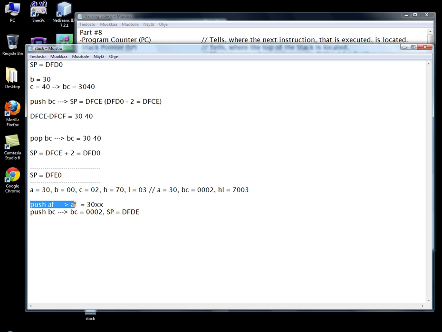We don't really need to know what the flag register has as value. A is still 30, and stack pointer is decremented twice. And when we push BC, stack pointer is still decremented twice. So from DFDE, it's decremented to DFDC, which is DE minus 2. And now, after we have pushed AF and BC,